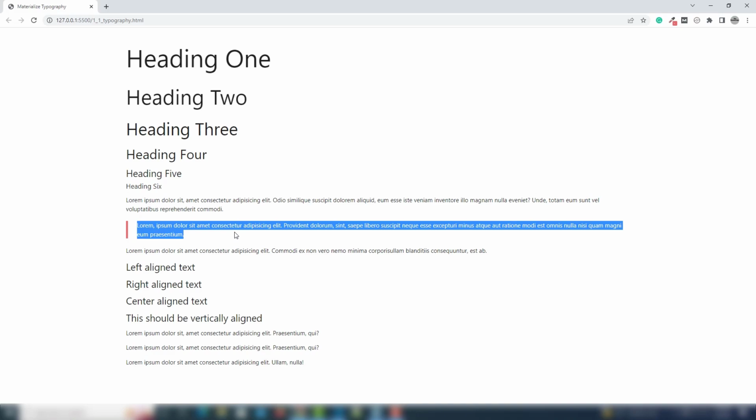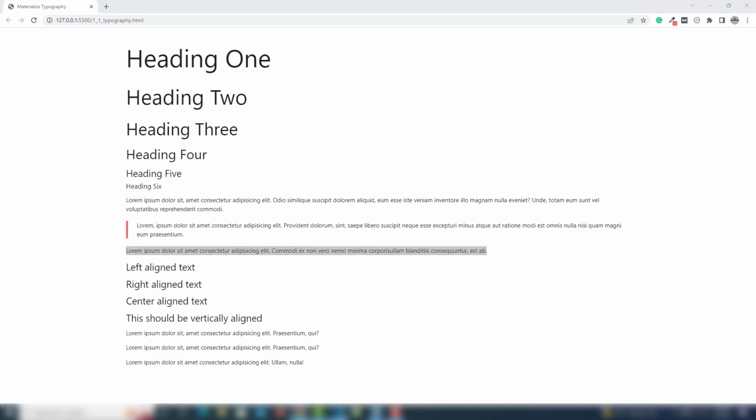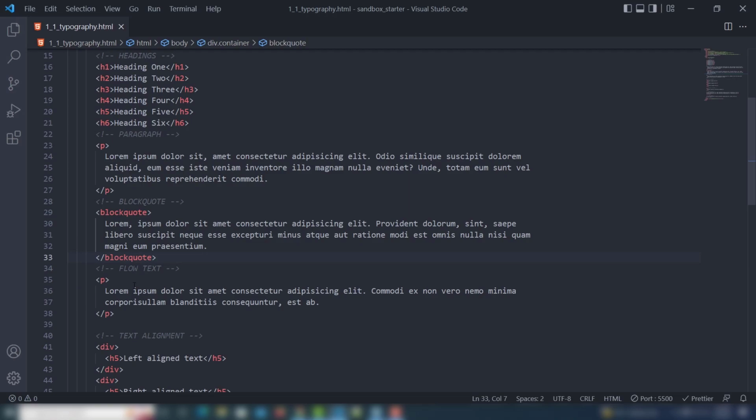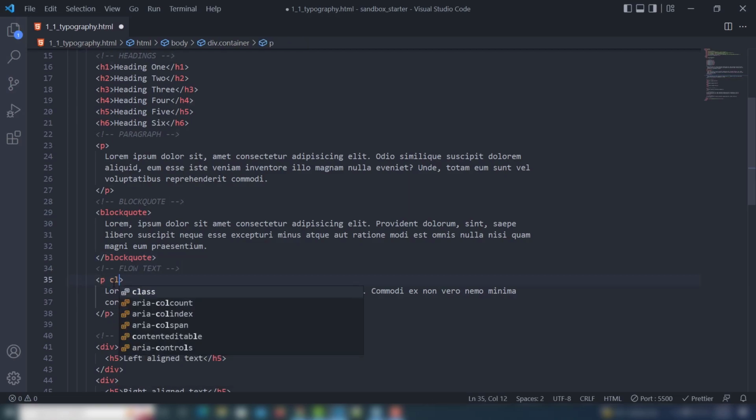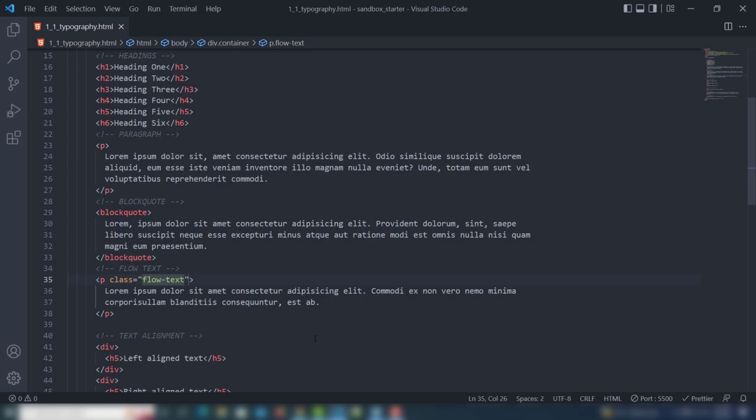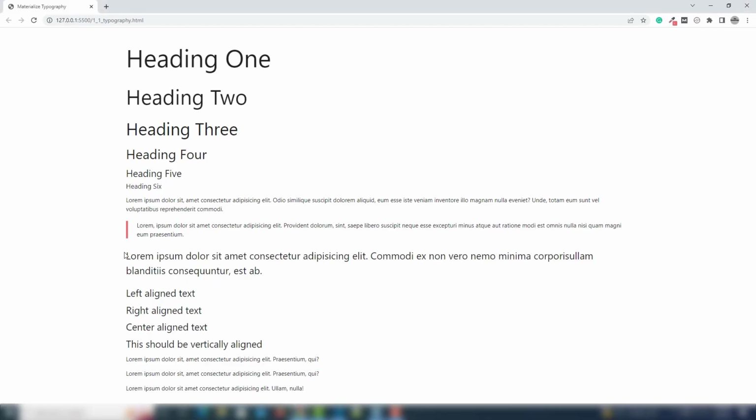right? And we're gonna discuss all about flow text. So I have also included this one comment. We just assign the class flow text to display the font on the browser larger. So let's see. As you can see,